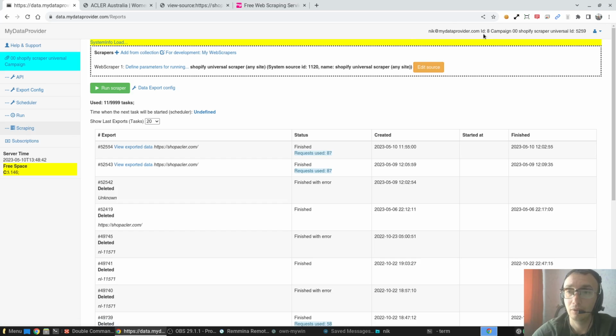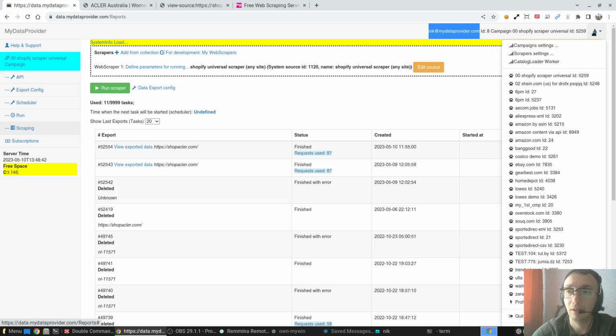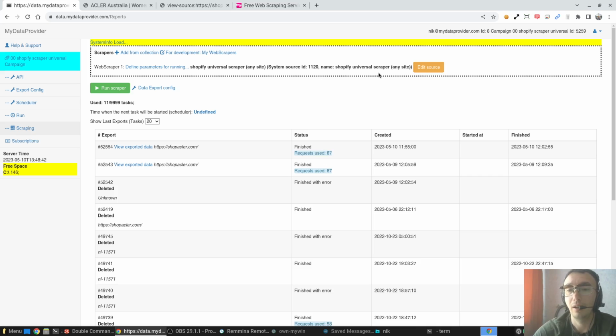So how it works: you have an account, it is an email based account. Under the account you have campaigns, a lot of campaigns, and I have here maybe more than 20 campaigns. I have here a campaign for Shopify Scraper, and under this campaign I added Web Scraper, Shopify Universal Scraper, Shopify Web Scraper. And when it is done,